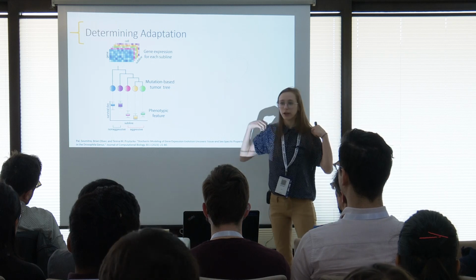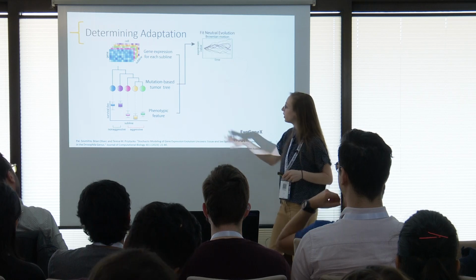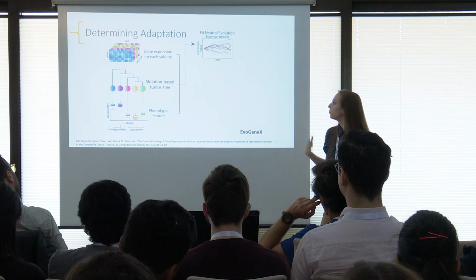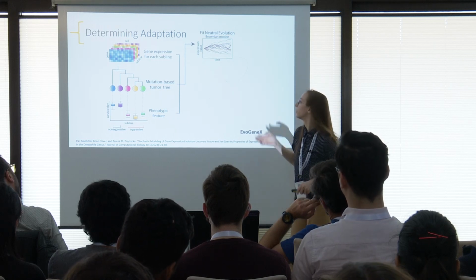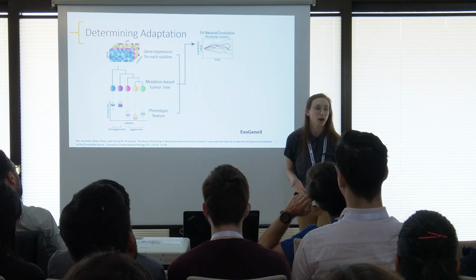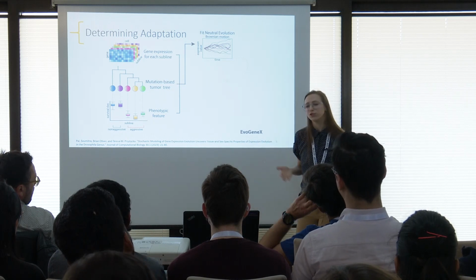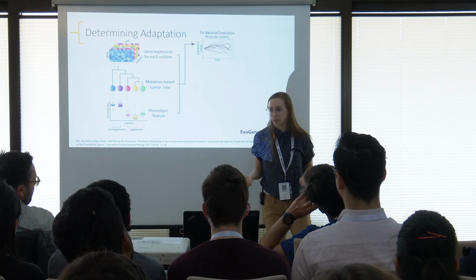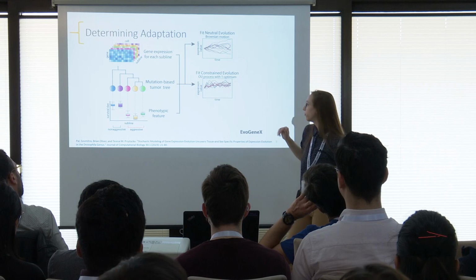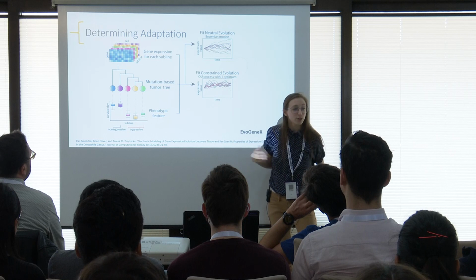What are we doing actually computationally? How are we determining this adaptation? So with these 3 types of data, the tree divided into these phenotypic features that we saw, as well as the gene expression, we're going to fit different models of evolution. So the first model, our null hypothesis, is neutral evolution, and we model that with Brownian motion. And this is the case where the expression for a single gene is just changing randomly throughout the subclones. The second method that we fit is we are modeling constrained evolution, and this is with an Ornstein-Uhlenbeck process